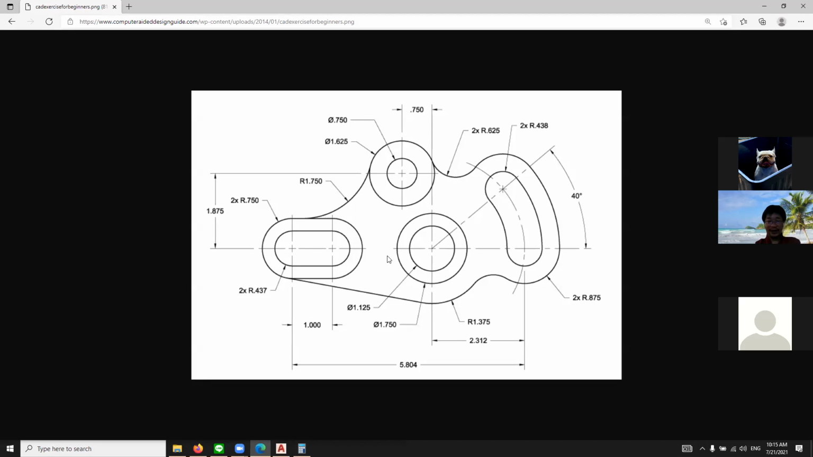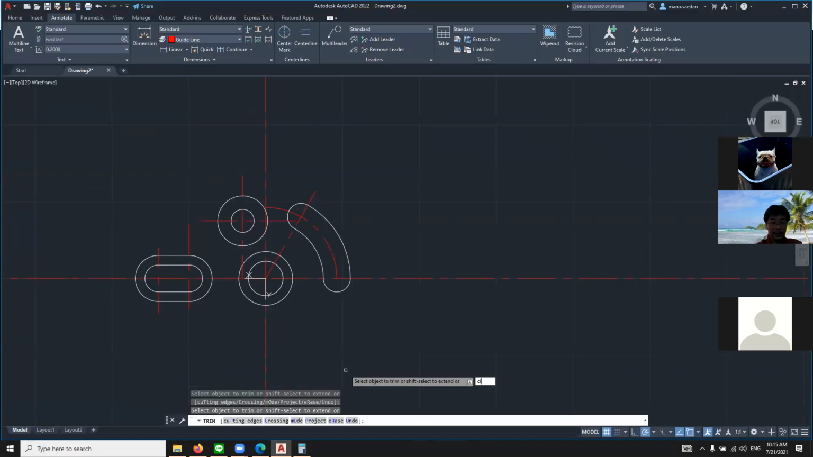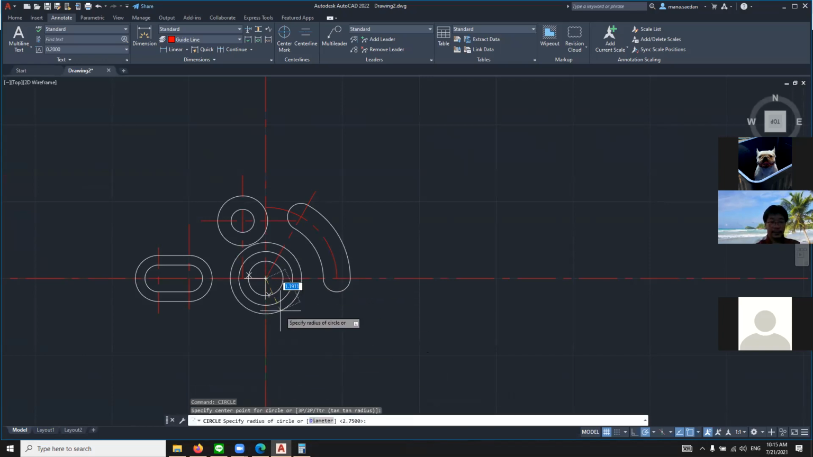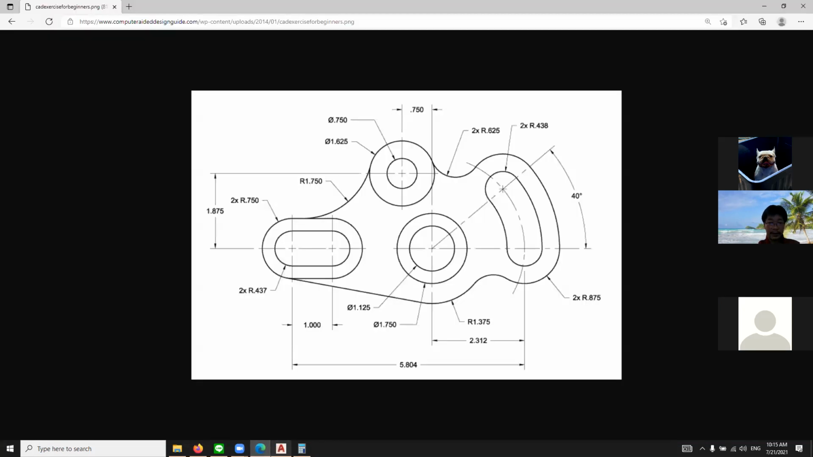Now it depends on where I want to start. Let's say I might start this radius first. The radius of 1.75, common center as here. Okay, so I circle. 1.75, 375, there. Okay,